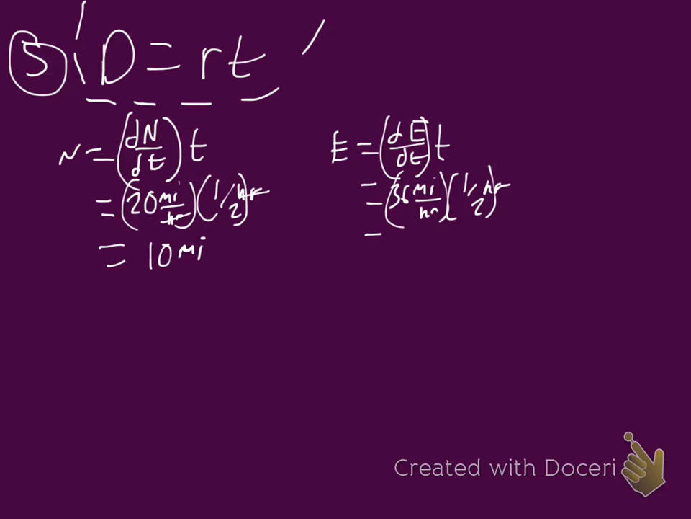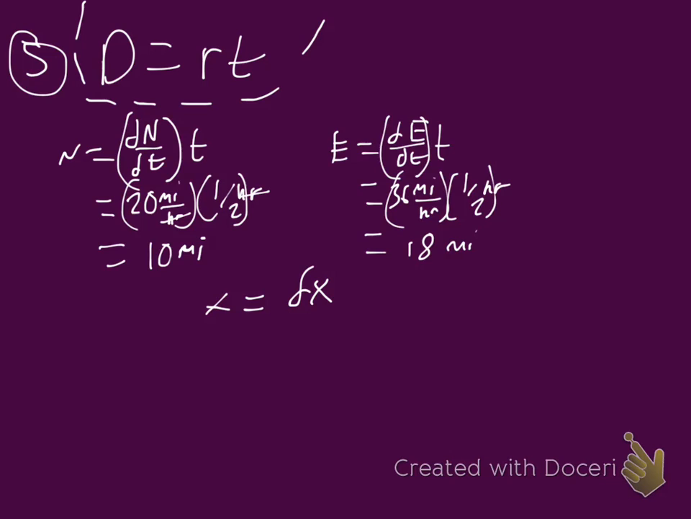When I do that, I end up with 36 divided by 2, which is 18 miles. 18 miles. So we have n and e, and then we can find x. Oh, we don't know what the rate